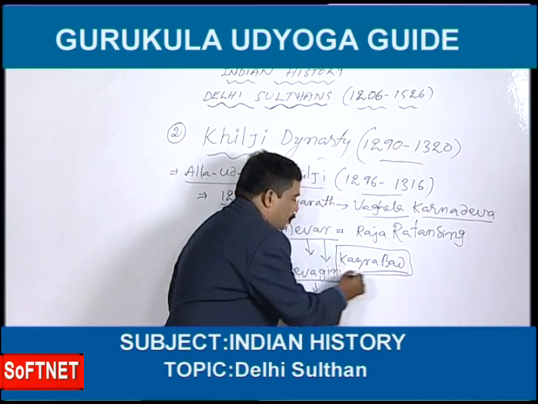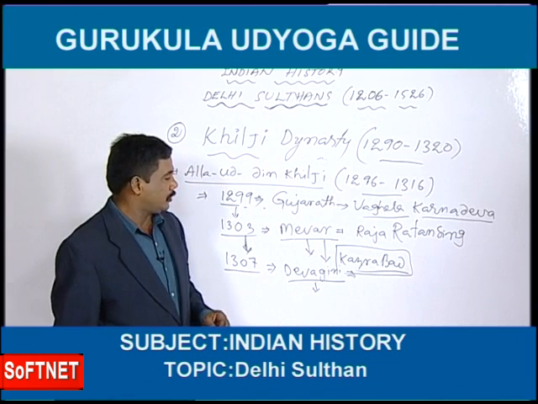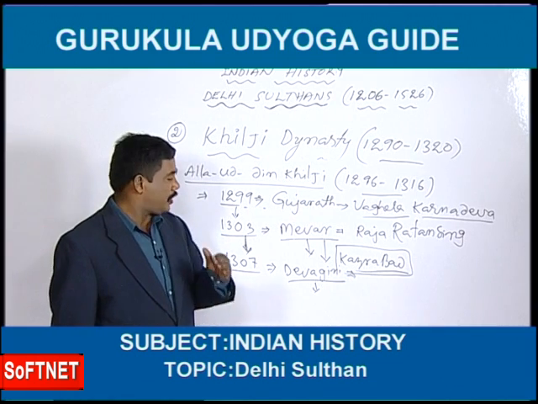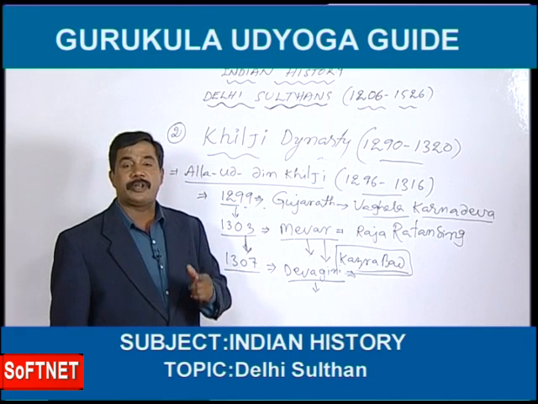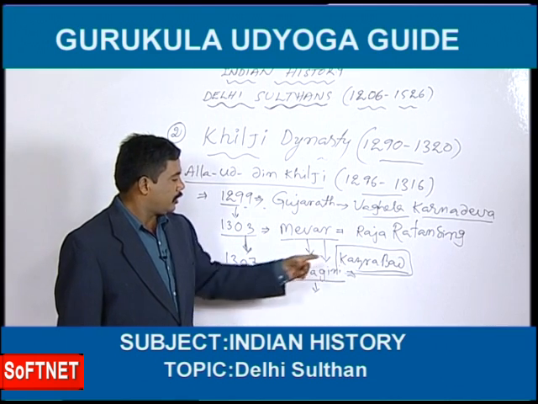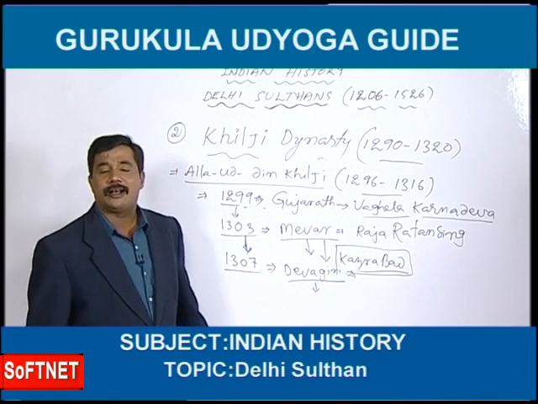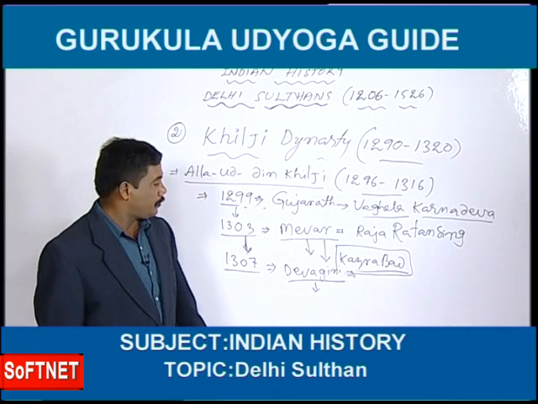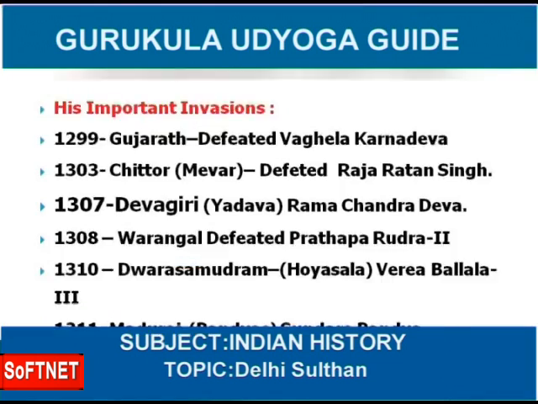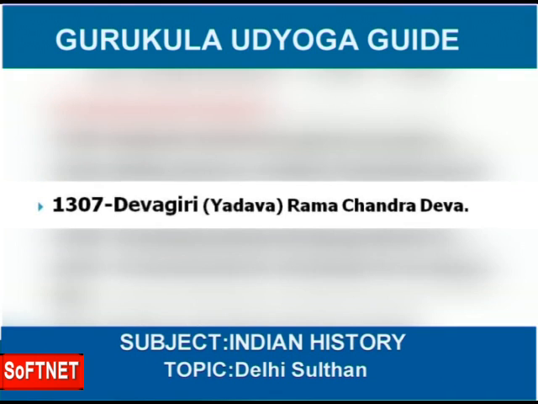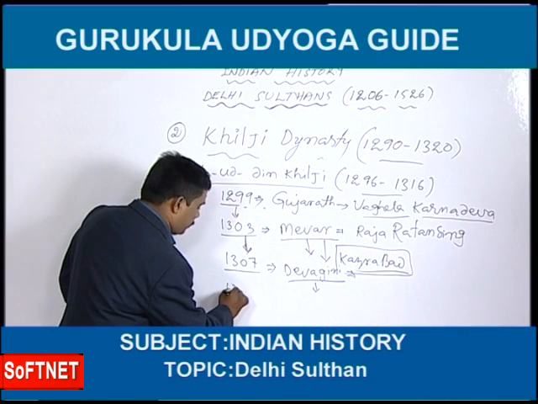Amir Khusru wrote a book named Ashik. This book explains the love story between Khizar Khan and Deval Devi. Because of that book, we know this information. Anyhow, in 1307, they attacked Devagiri and occupied Devagiri. And in 1309,